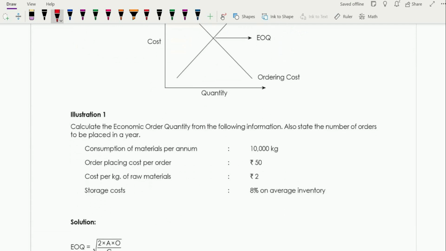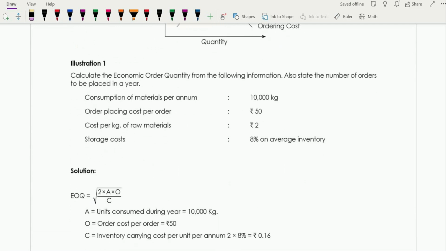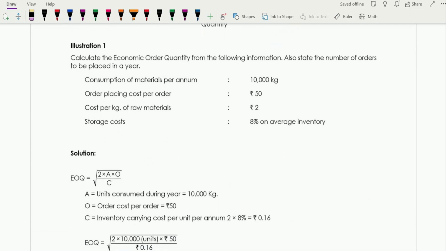This is your ICAI module, the old course. Okay, so we are starting with our illustration number 1 on material costing. Calculate economic order quantity from the following information. Also state the number of orders to be placed in a year. The information that is given is consumption of material per annum is 10,000 kg. The order placing cost per order is rupees 50. Cost per kg of raw material is rupees 2, and the storage cost is given to you 8% of average